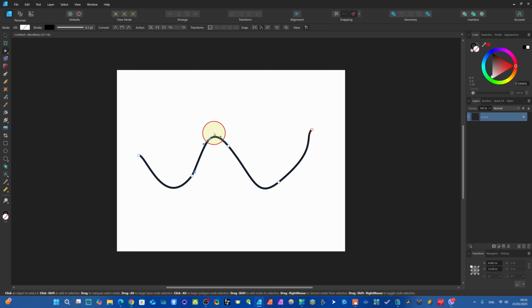The second new feature is that when you click here, we have two handles here. When you double click any handle, one handle will be deleted, and you will have only one handle on smooth nodes here. For example, I double click here. You see, we have just deleted the handle. We have only this handle here. So this is a good feature. Try this feature. This is a good feature now in Affinity Designer after the update 2.6.